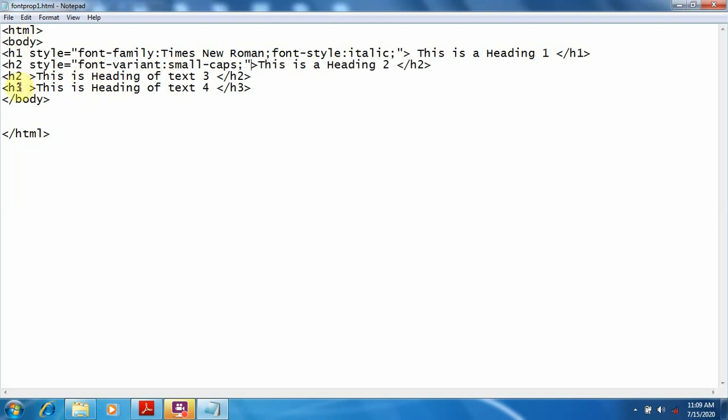Close the inverted commas. Then next, in H2 again I am taking text transform. I am taking this so that you can clear the difference between small caps and uppercase. There is a little bit difference between small caps and uppercase. That's why I am taking this text transform property here.